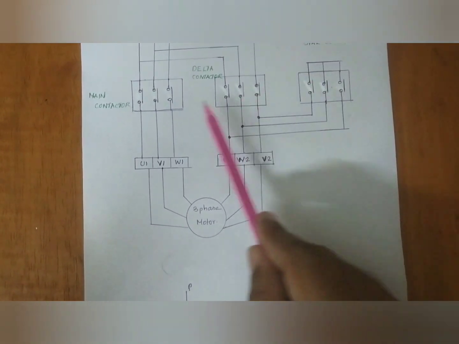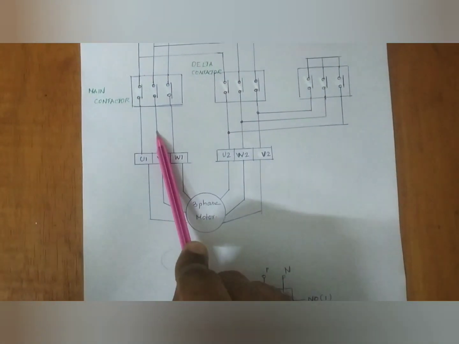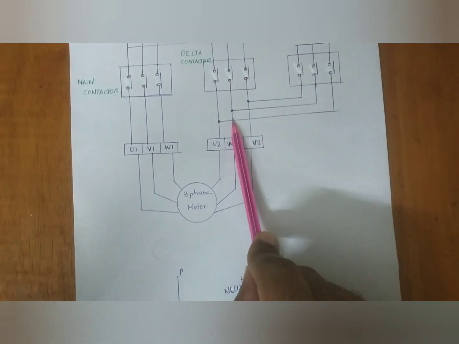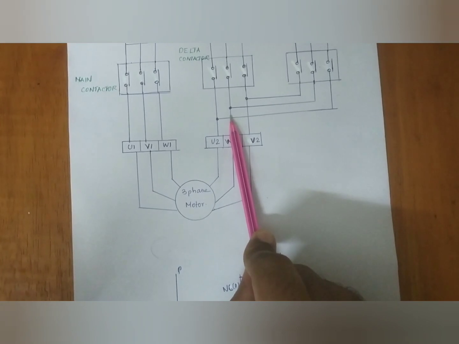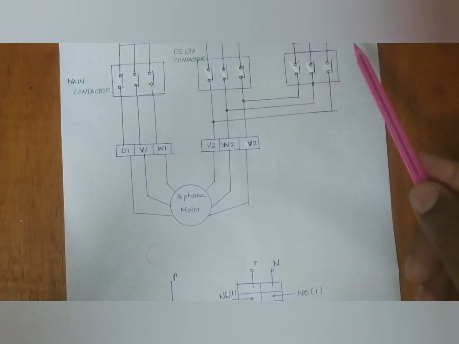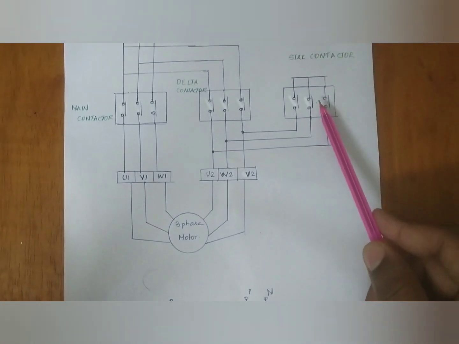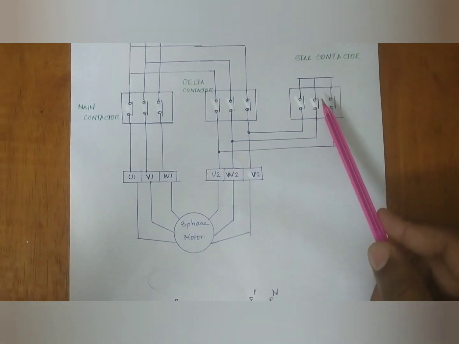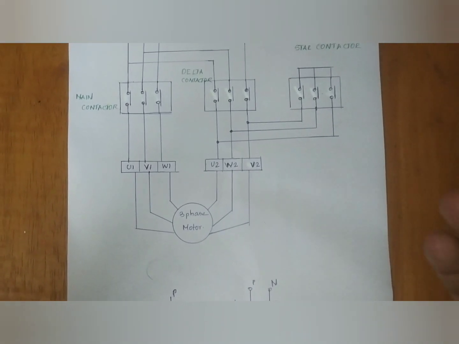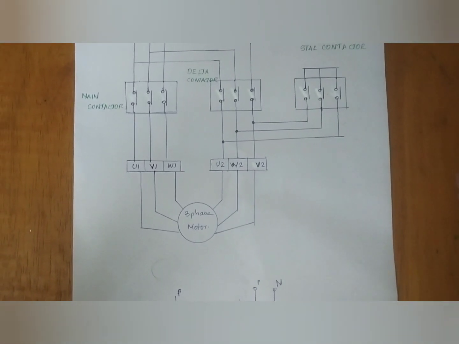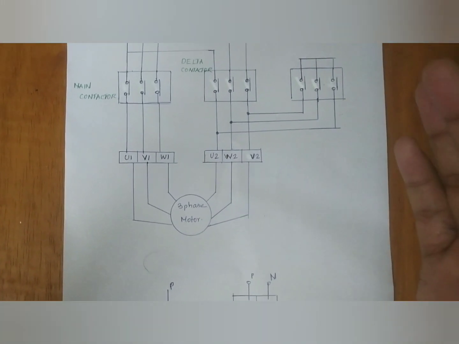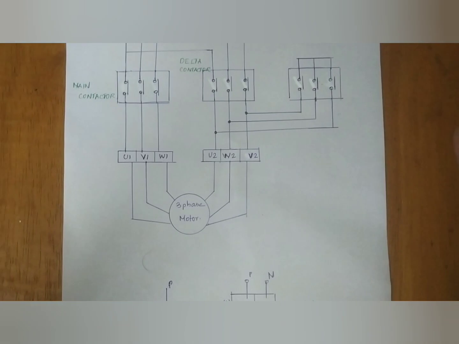At that time, you can see the inputs are fed from the three-phase supply, and the secondary of the windings are also fed from a three-phase supply. So the system will be acting as a delta system. In the first 10 seconds, as the system is in star mode, the current will be low and it will help us to pick up the speed, and once it picks up the speed within 10 seconds, it will be turned on to delta and the system will be working in delta. This is how a star delta starter is working.